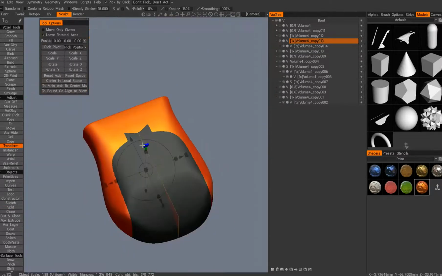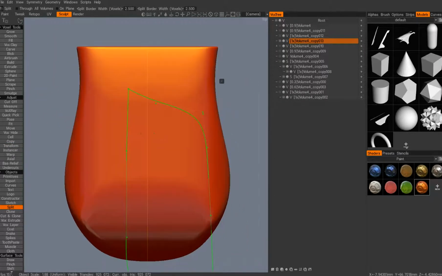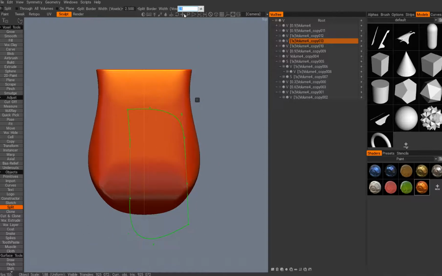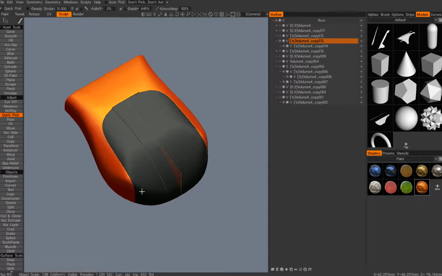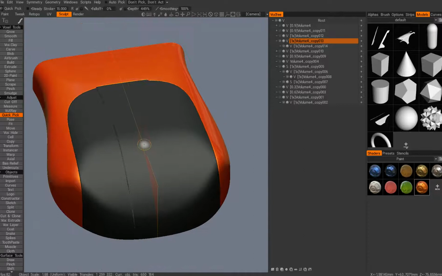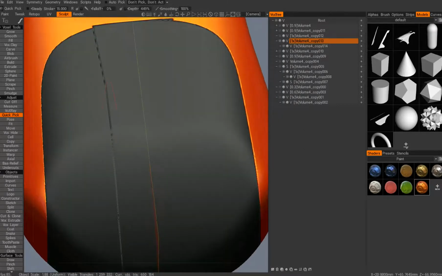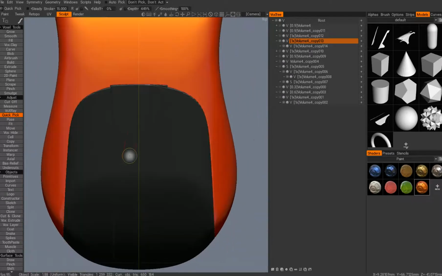And it didn't happen this time. Okay, I'll change the split border to 0.001. Hit. Oh, now it happened. Okay, it happens when you change this split border width. So I'm talking about this particular line that goes through here. To fix it, what you want to do is essentially